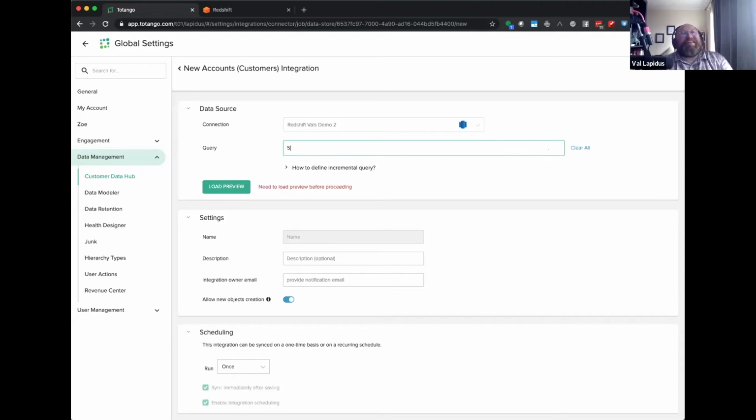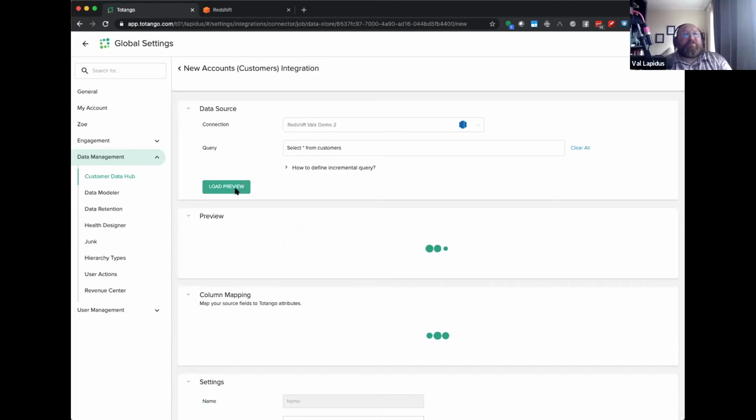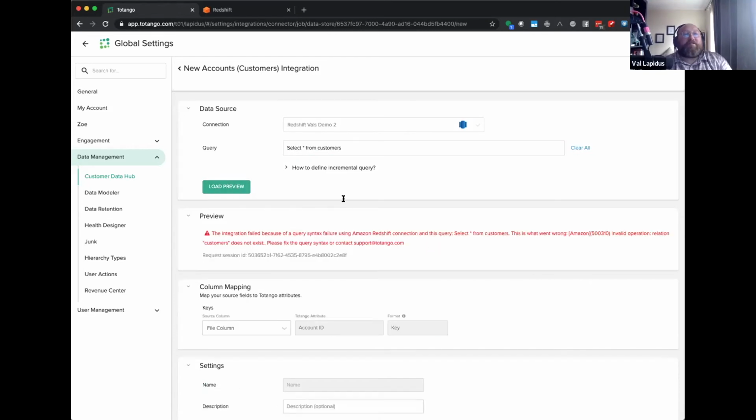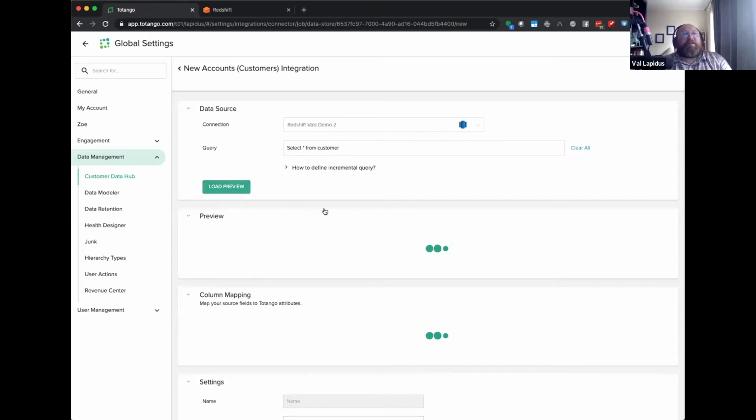But I'm going to go ahead and do a select star from my customers table. And I purposely have an error in my syntax here to show you how it will look if you have an error in your syntax. Oh, oops, my customers table is actually called the customer table. Go ahead and load that preview. It gives you the first 10 results within your